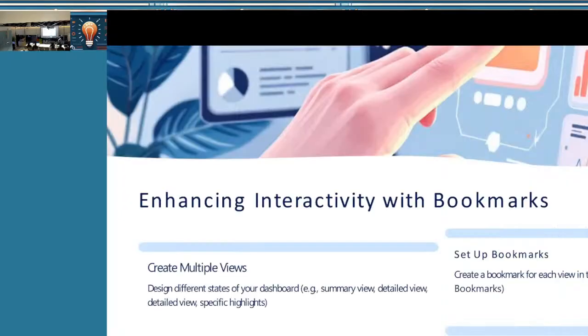So now bookmarks we already discussed, because bookmarks is a very important thing. Just imagine your manager asked you to develop a report, right? And the manager is going to present this to the senior management. But that senior management wants to see the report for 2025 January. So he doesn't care about going to the filter, selecting all these things.